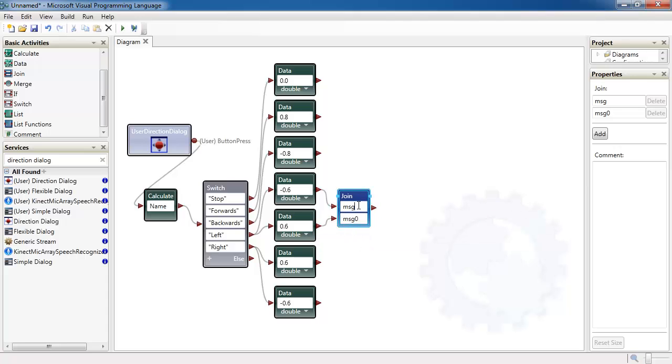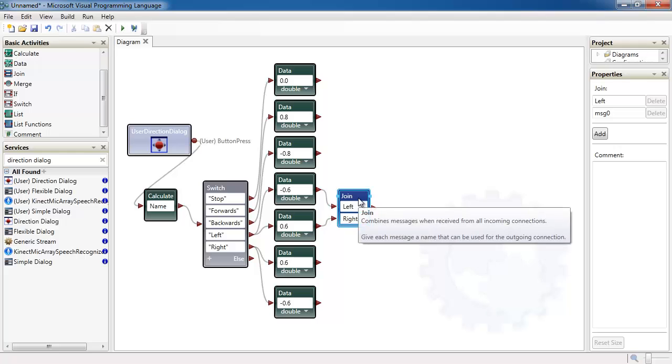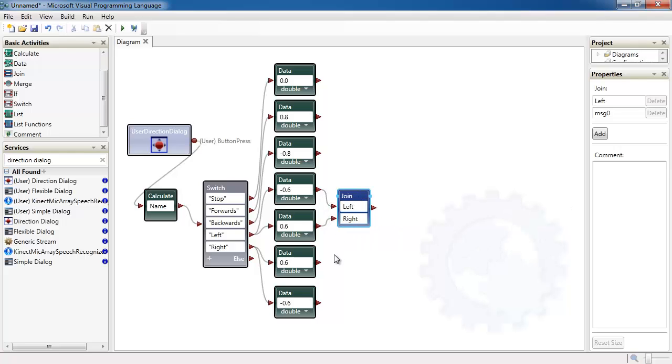And I'm going to type on the top part left and on the bottom part right. And basically it's because both of these things relate to moving left or right. And then the second join block, we have the top one going to left and the bottom one linking to